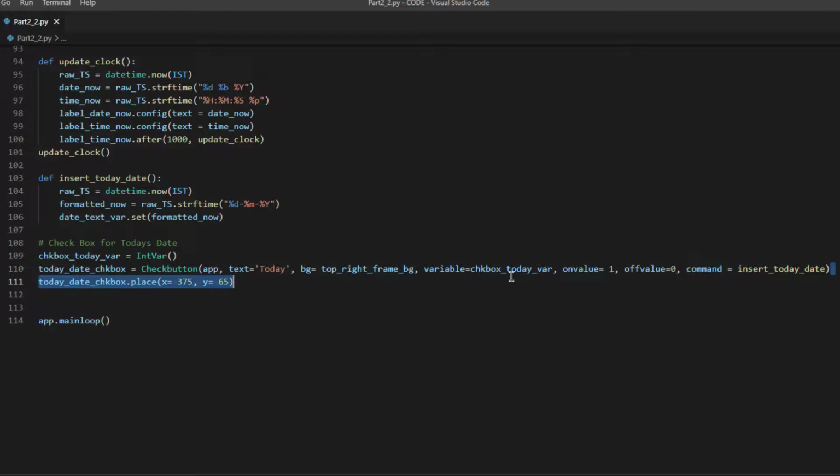Your check button is created now, but you need to place it, as you have seen in my earlier videos also. So after creating it, I'll be placing this checkbox. To place this checkbox, I'll use a method called .place on the variable, today's_date_checkbox.place, and you have to provide some values of x and y. In my case, I have already calculated this to be 375 for x and 65 for y.